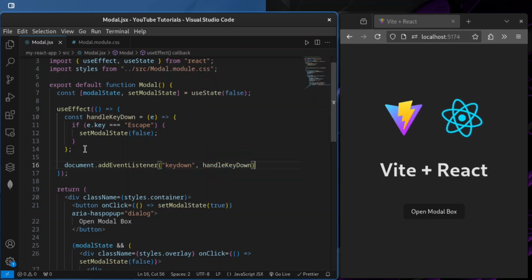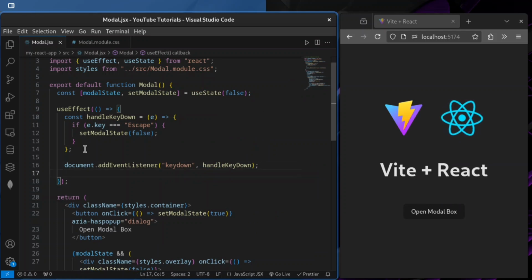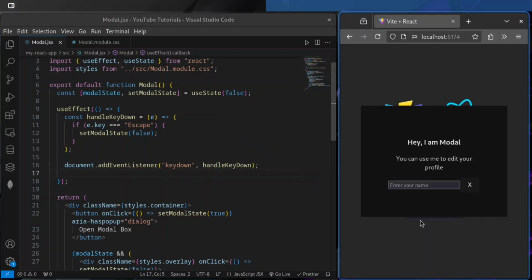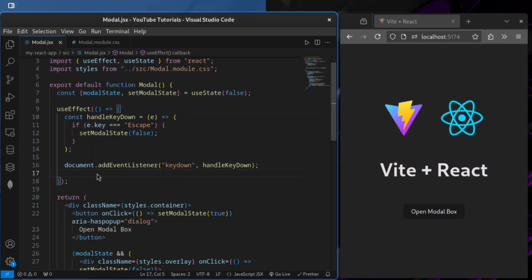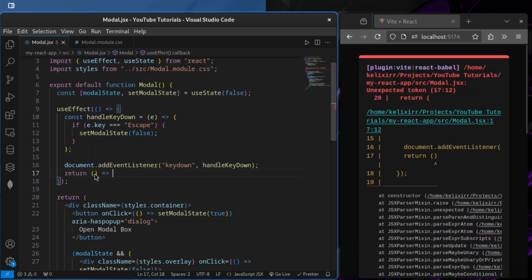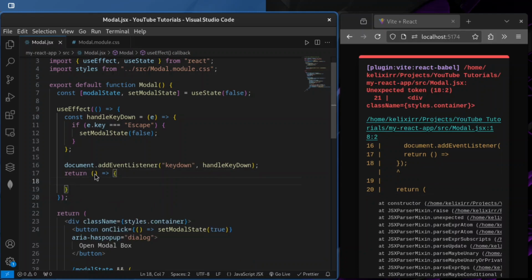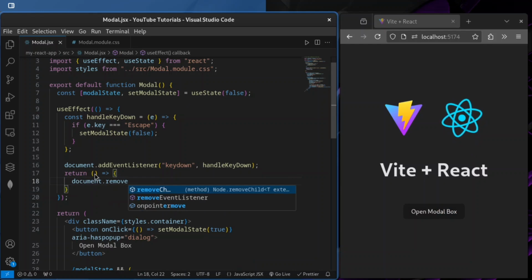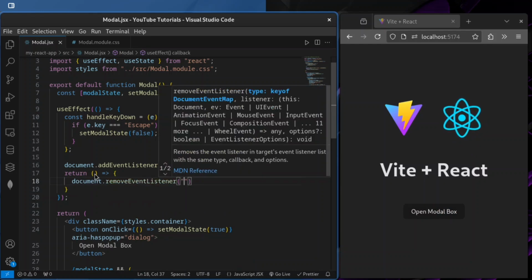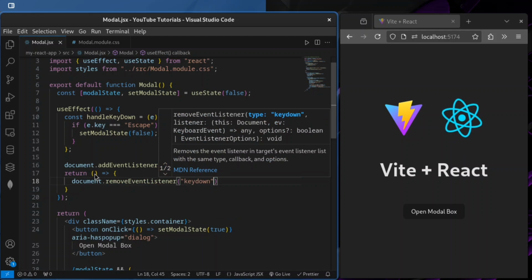Okay, handleKeyDown. And whenever this modal box unmounts, so whenever it gets removed, we also want to get rid of the event listener because we do not want to keep persisting the previous event listener, because that will be a little bit problematic from the point of efficiency. So we are going to remove the event listener whenever this particular element unmounts. So we can do that by writing it this way: document.removeEventListener, and we are going to do the same thing,